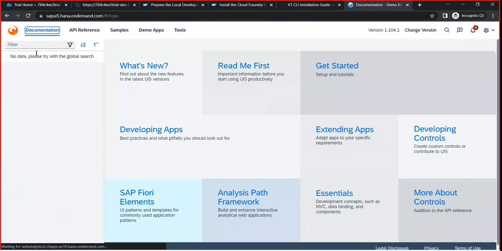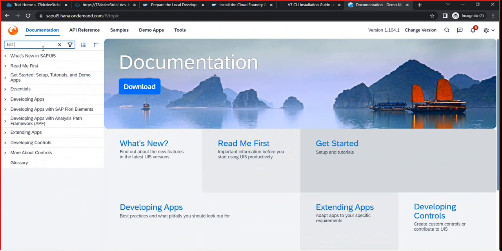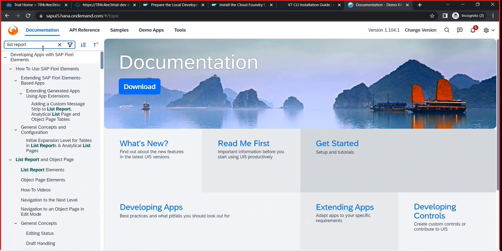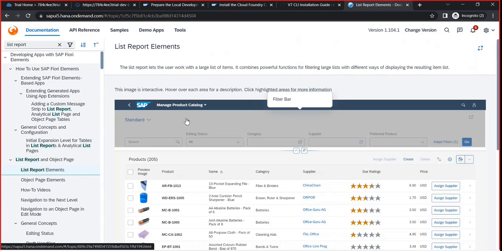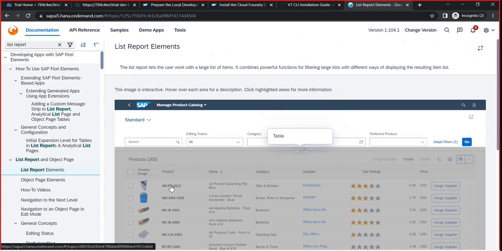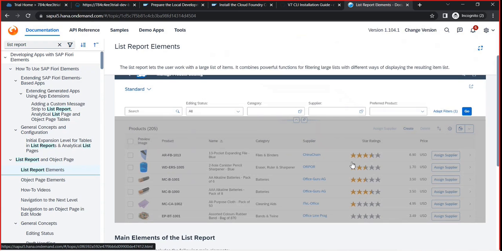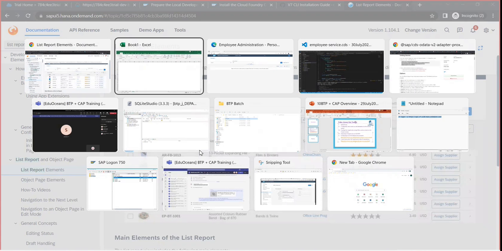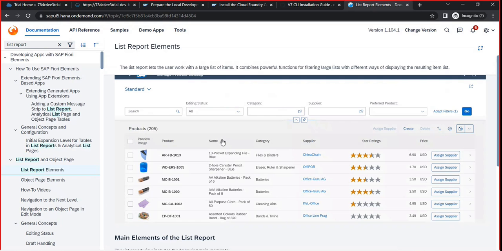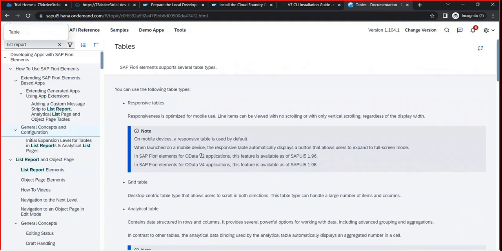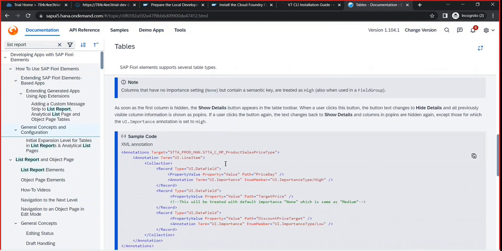So I'll just go over here in the documentation, which says list report, how to use Fiori elements, list report and object page, list report elements. I want to generate a filter, or let's just say I want to go with this. I want to generate a table like this. So currently in my application, over here, I do have a table which is empty. There are no visible columns. Once I click on this, I would be able to see